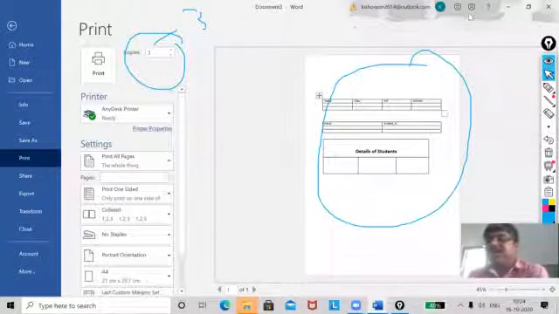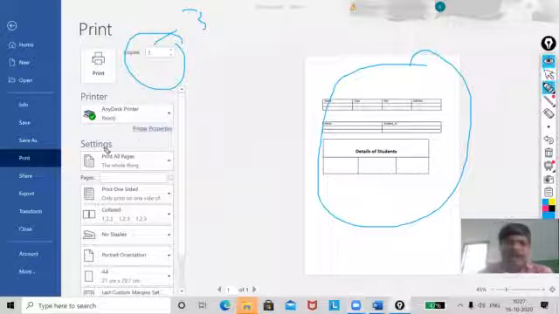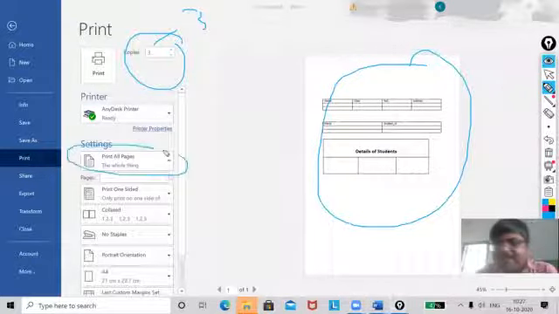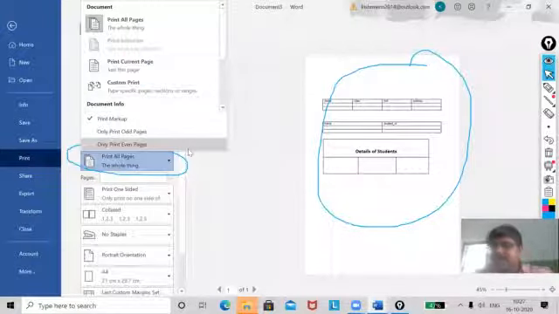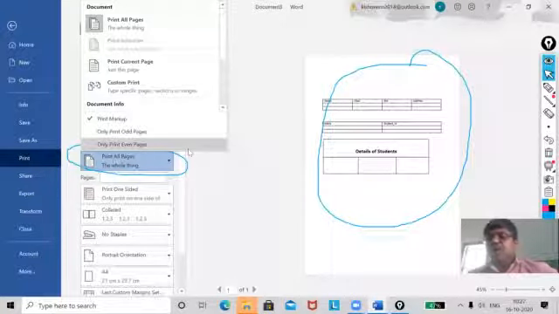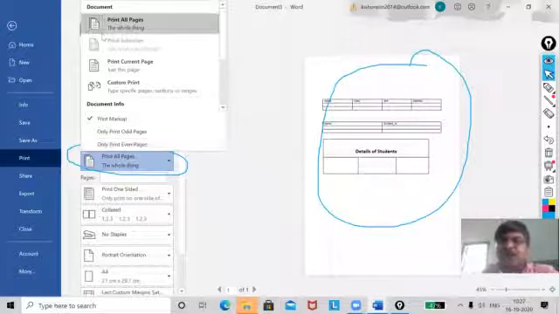Now, the next part, print all pages. What do you mean by print all pages? If you want all the pages to be printed, suppose your document contains 10 pages and you want to print all 10 pages, then you will use Print All Pages.